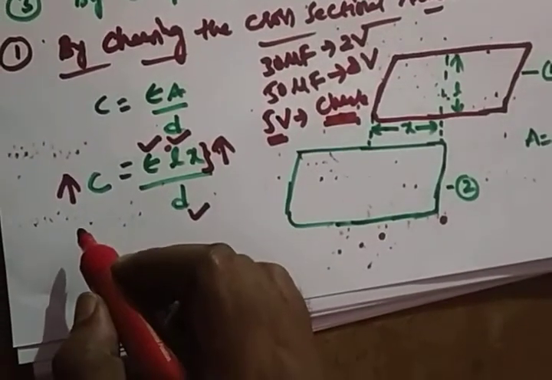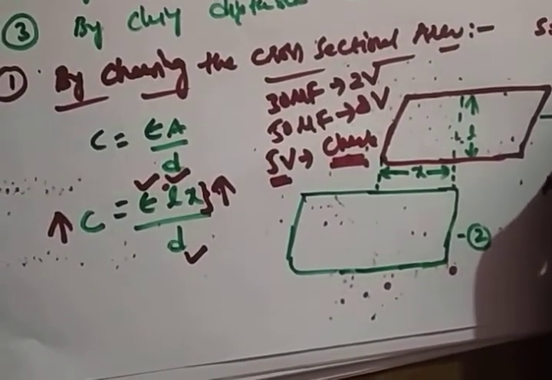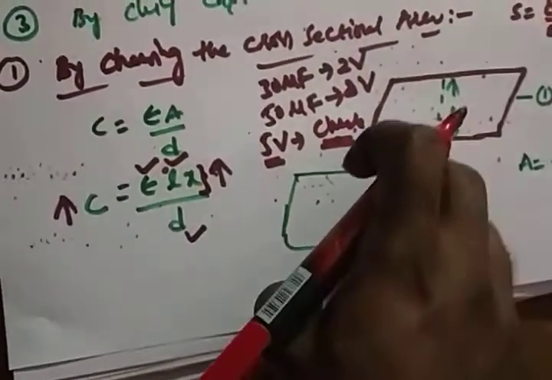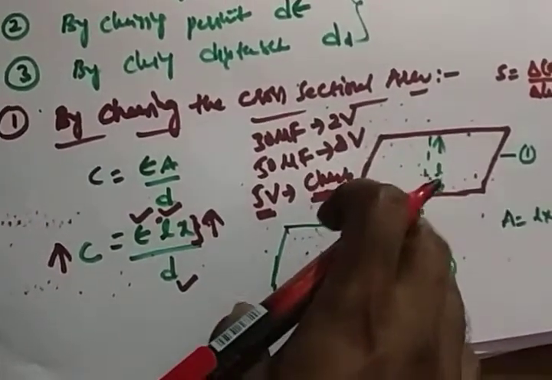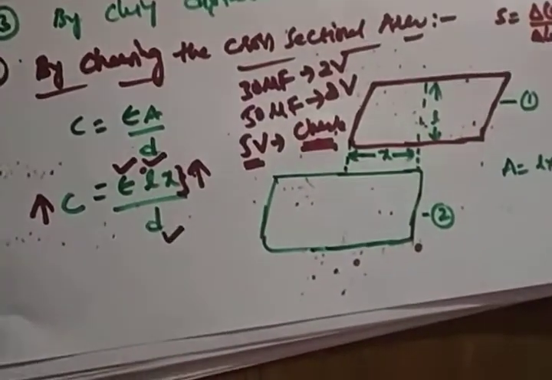If you find out the sensitivity, what is the sensitivity? Sensitivity means S is equal to change in output by change in input. It will tell us whether the scale is linear or non-linear. How the instrument reads a linear or non-linear scale depends on the sensitivity of the system.